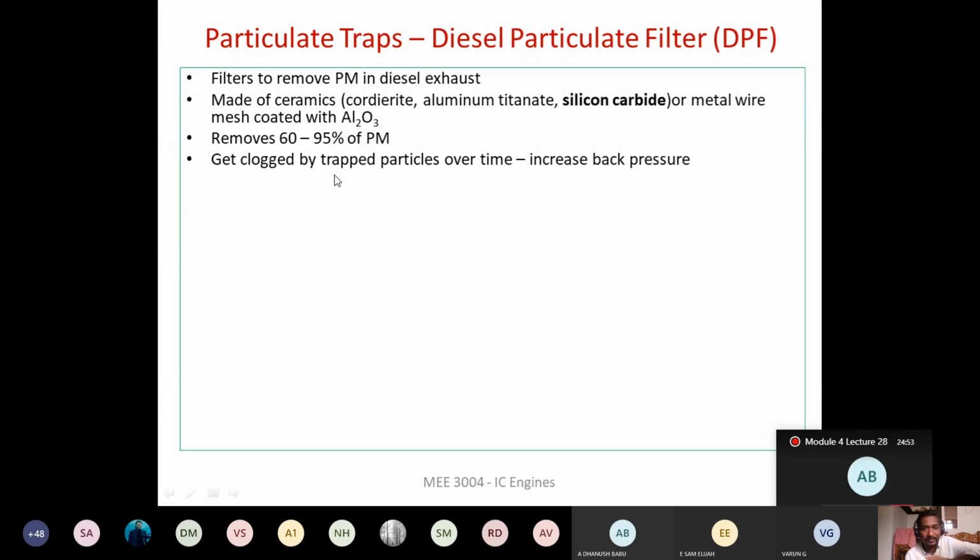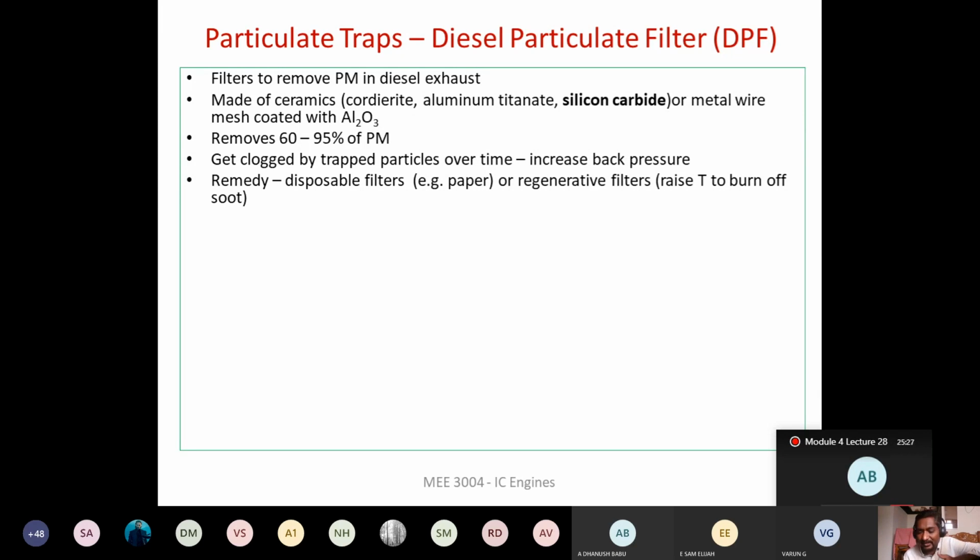So now we have to overcome this problem. How to remove the particulate matter that is being trapped? For that, there are two methods available. To overcome this problem, they have come out with a disposable filter. Right? With this disposable filter, during the maintenance period, they will remove the disposable filter, maybe made of paper, and replace it with a new filter, similar to your air filter, right? Which is made of paper. Okay, so that can be done.